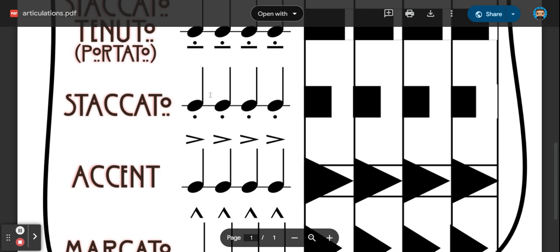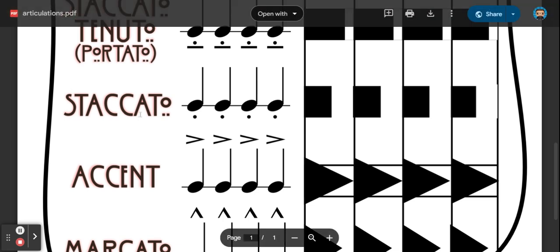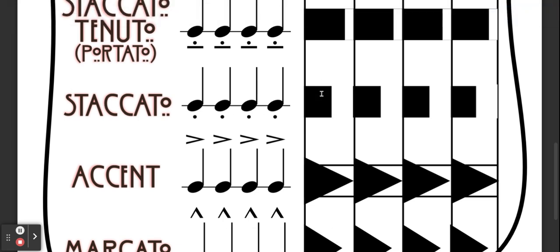So I like to think of staccato as being played as the syllable dit, dit, dit, dit, dit. So anytime you have a staccato note, think of dit, and the length of that note should almost be equal to like an eighth note followed by a rest. So dit, dit, dit, dit,